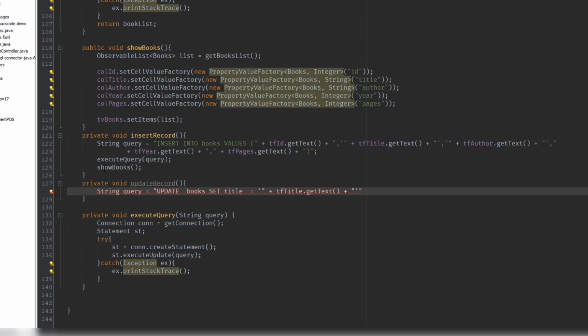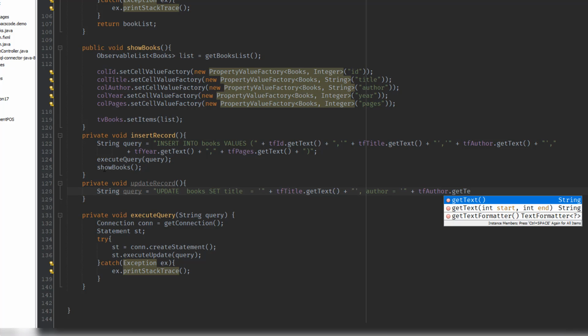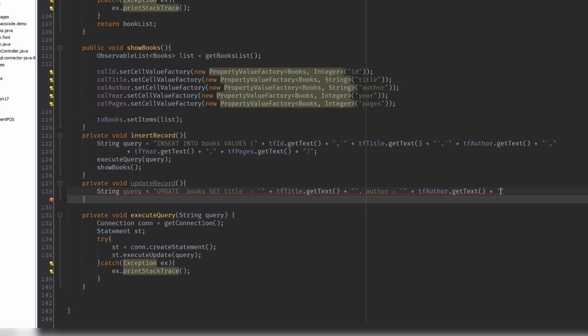And after that one, we need to add comma, and then we could set also the author equals single quote again plus tf author that get text plus double quote, and then single quote, and then comma, and then we could add also the year equals